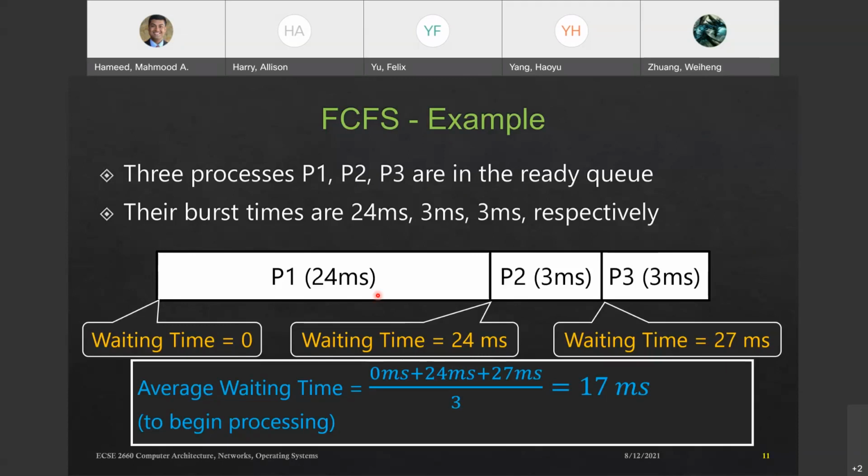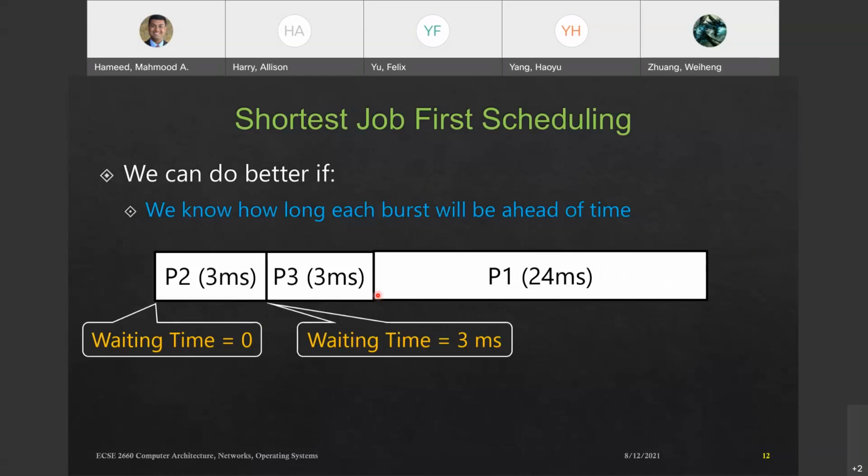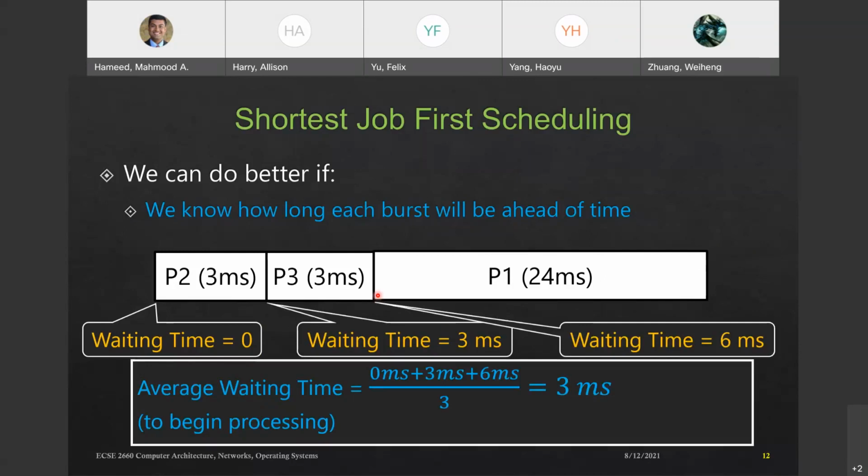So let's take a look. What if we had a different order? What if P2 came first, P3 came second, and P1 came last? What would happen to the average waiting time? We do this again the same way. Waiting time for P2 is 0, waiting time for P3 is 3, waiting time for P1 is 6 milliseconds. Try to find the average, and you will see that the 17 milliseconds average waiting time came down to 3. So it is not good for time sharing processes, but it is also not good for